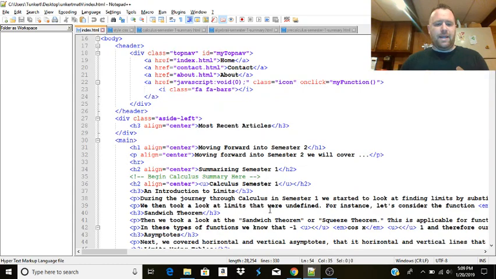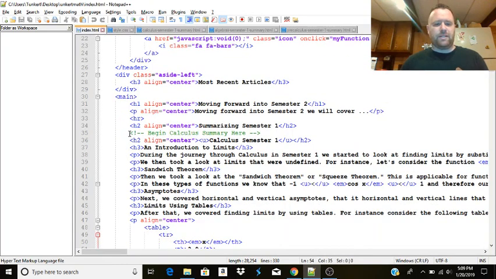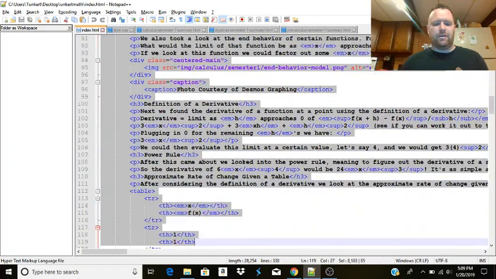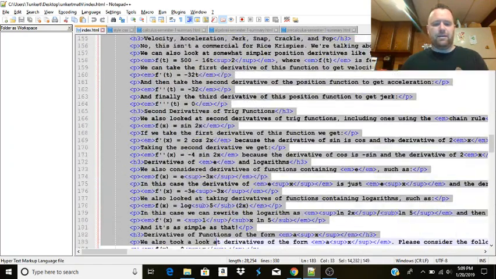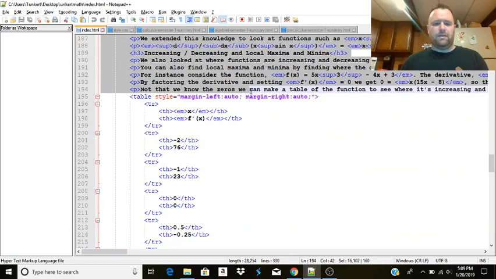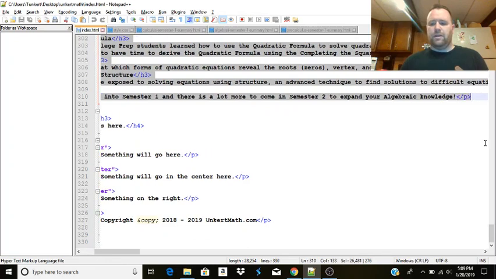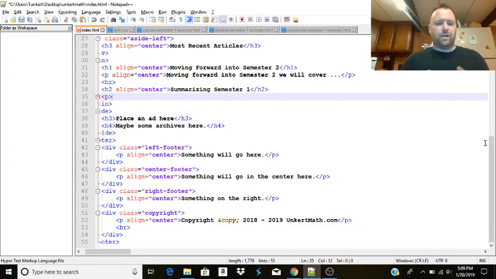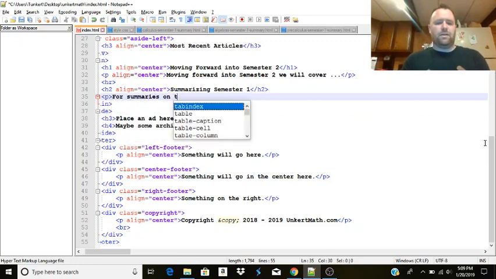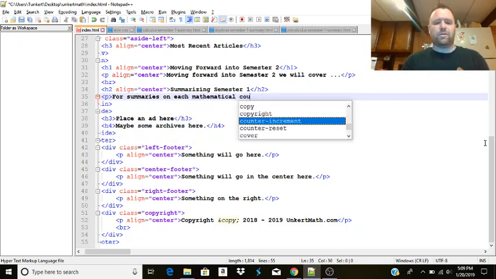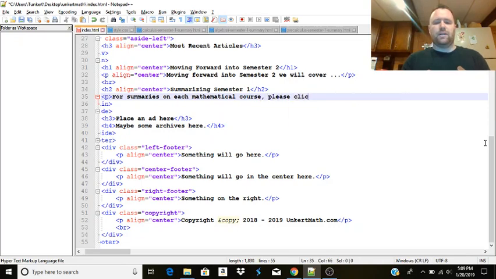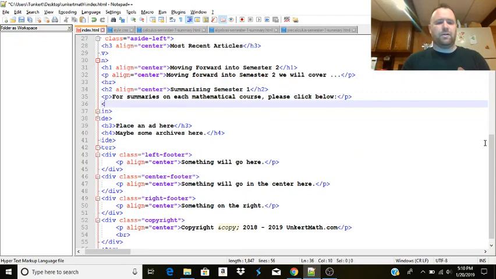So now our next step is to go back to our index page. Okay, and we're going to start with summarizing semester 1. We'll keep that. We're going to go down here all the way to the end of the main. And keep going. Okay, we're going to go here and delete that. And now we'll type up a new paragraph. We'll say, for summaries on each mathematical course, please click below. And I'm going to close out this paragraph tag, and I'm going to start an unordered